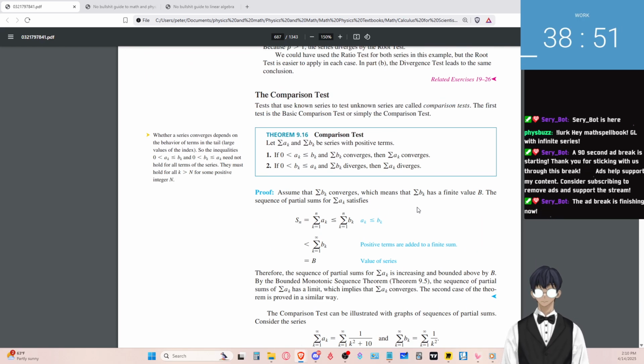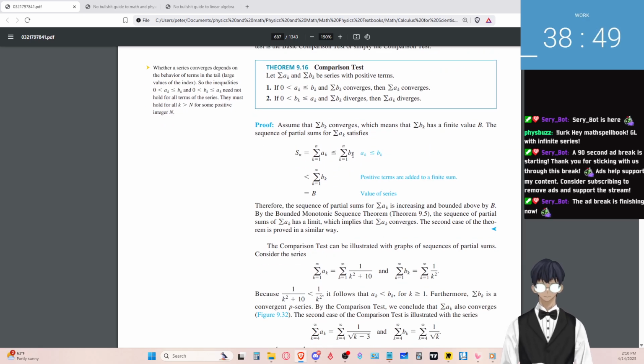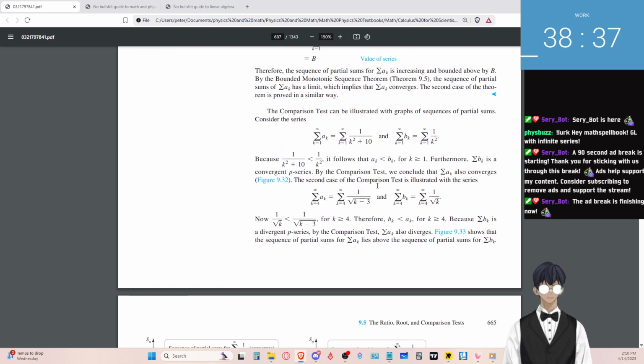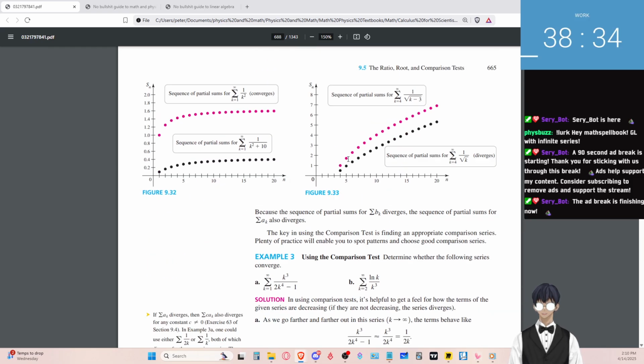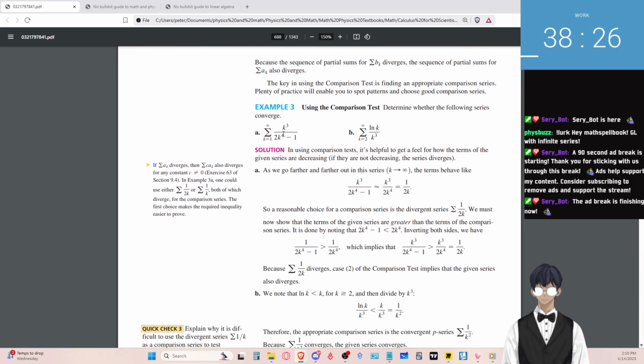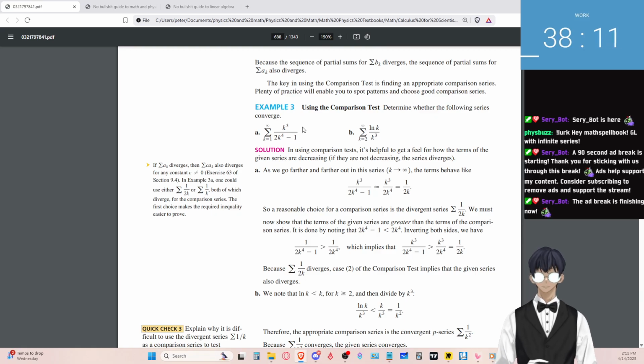So let's look at what, oh, they have a proof of it here. Interesting. Okay, do they have any examples? Okay, here we go. Use the comparison test to determine whether the following series converges. So case 4, minus 1. So then you can basically compare that to,